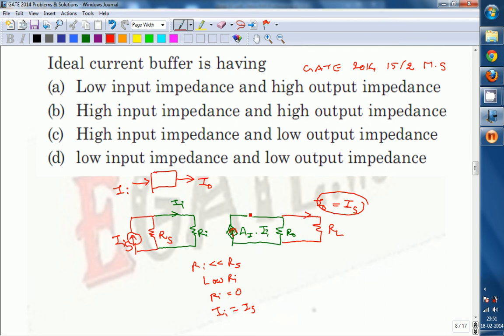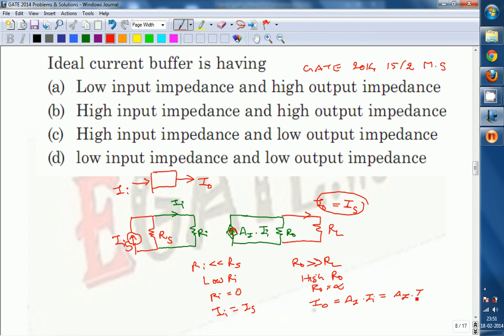If you want the same amount of current to go into RL, you cannot put a condition on RL, because the load can be anything and it varies. So again you go for a condition based on R0. If R0 is very large compared to RL, then the entire current generated goes to the load. So the value of R0 has to be high. High R0 is required; ideally R0 is infinite. If this condition is satisfied, then I0 is equal to AI times II,